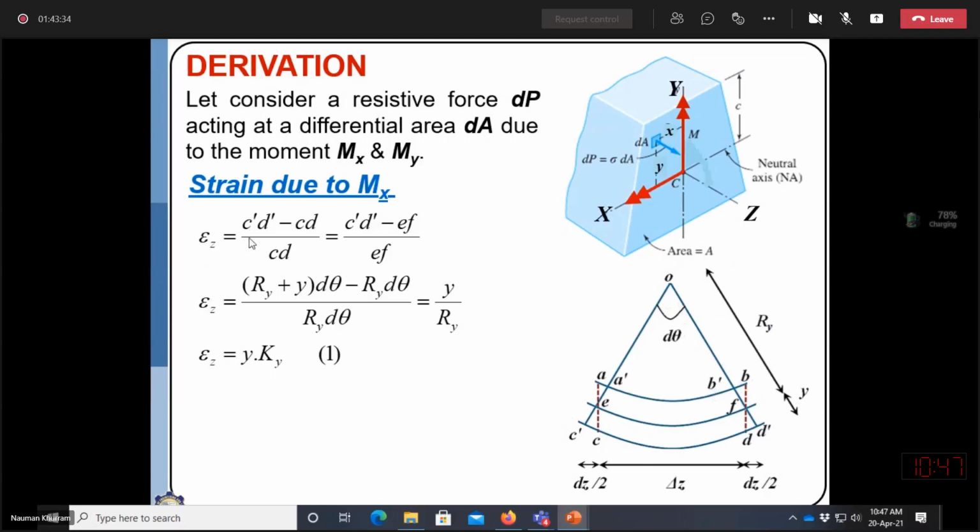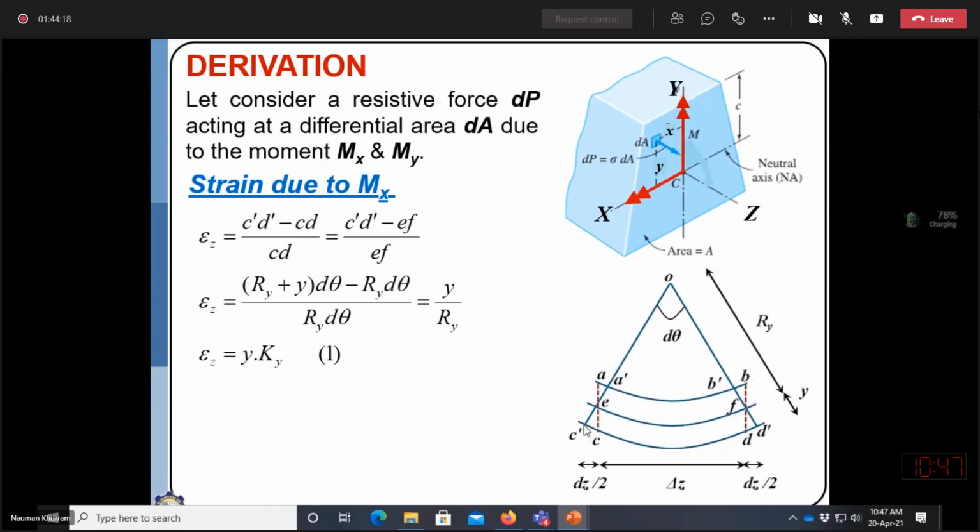So for delta z, C bar D bar, we can assume that d theta is very small, such that this curved distance may be assumed as a linear or horizontal distance, because the change of the angle will be very small since we will be in the elastic range. So C bar D bar minus EF, CD, we can assume that CD is equal to EF, because before the beam is subjected to bending, CD, EF and AB are the same. So the CD value is replaced with EF.